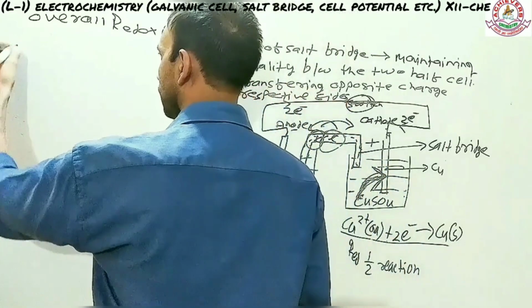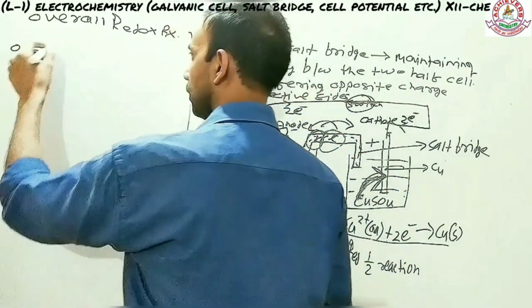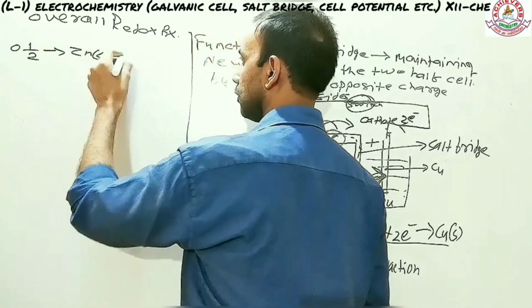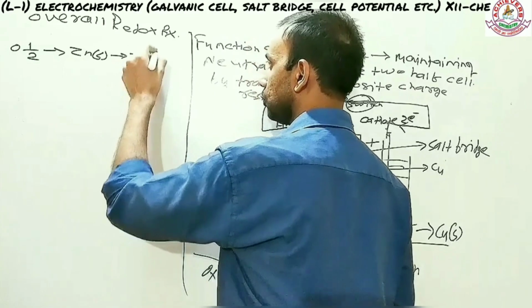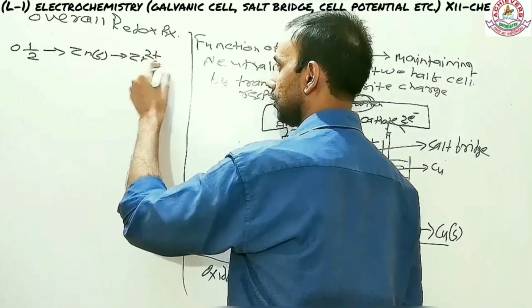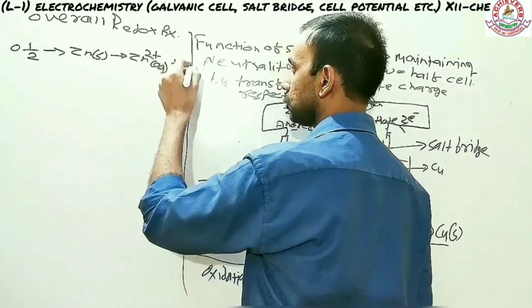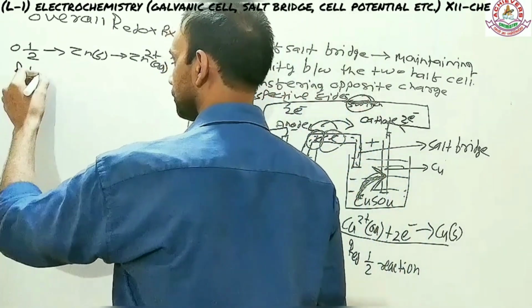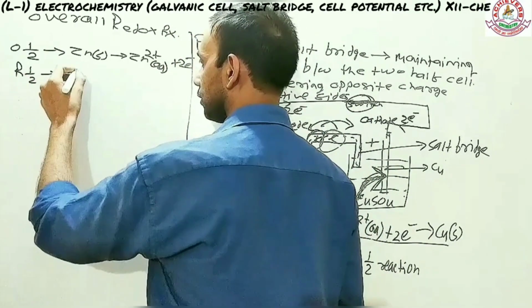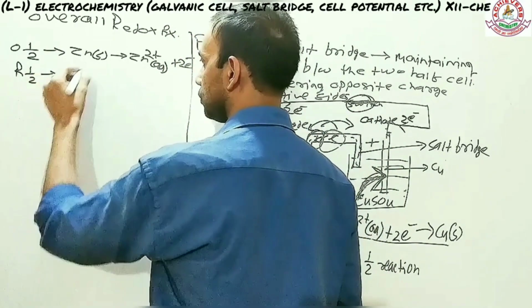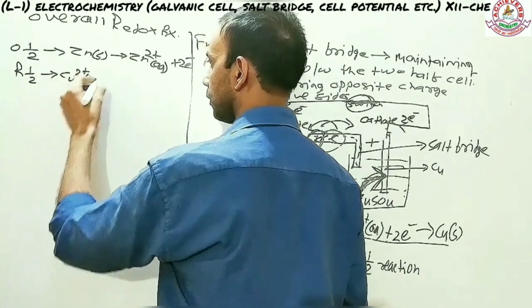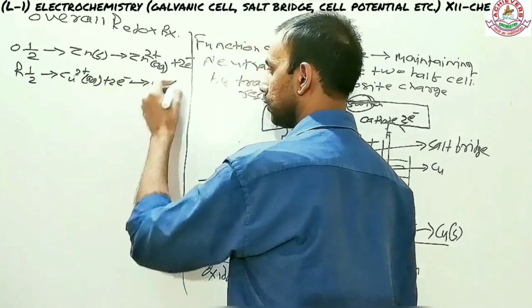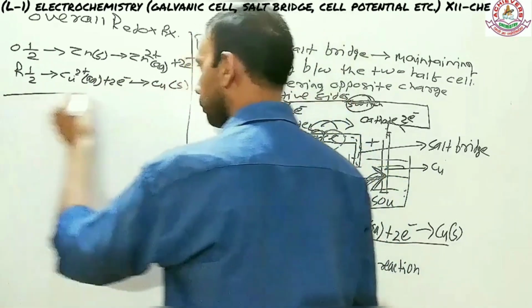What you need to do: the oxidation half is zinc producing Zn2+ aqueous plus 2 electrons. There is another, the reduction half. Here Cu2+ in aqueous form reacts with 2 electrons and is converted into copper solid. If you add both of them,